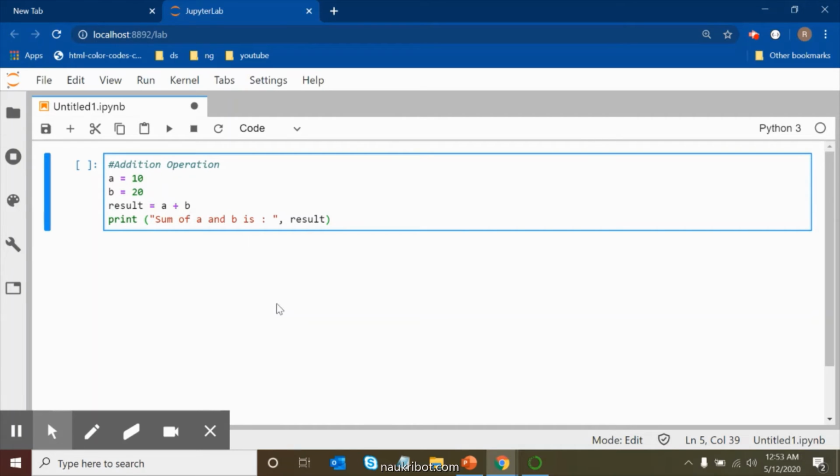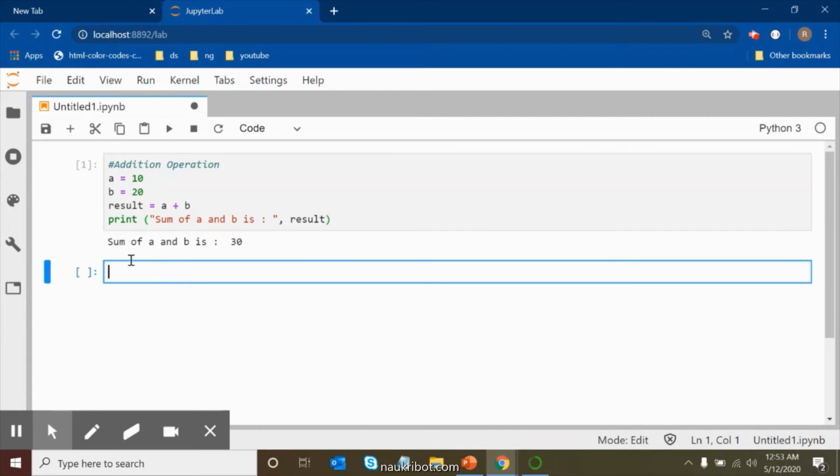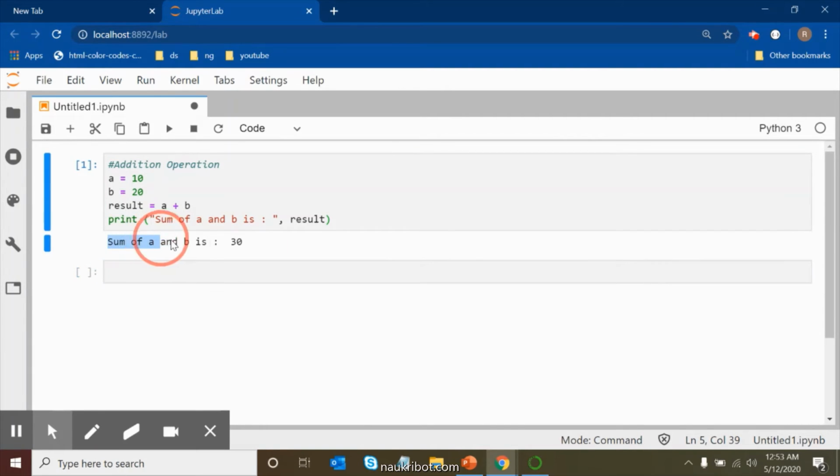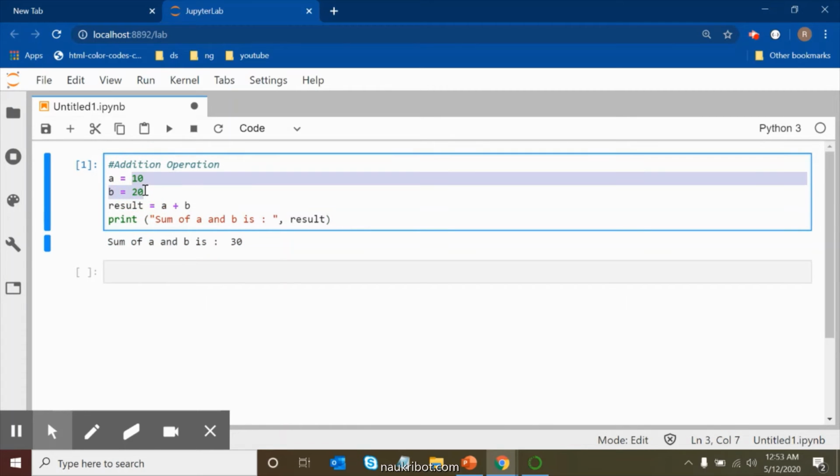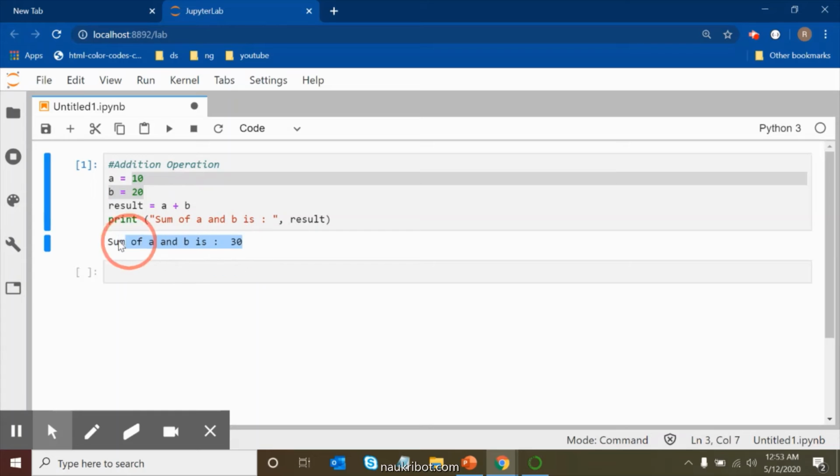Now I have written my code. Now I want to run it. How will I do this? I will press Shift plus Enter. Now you can see it is printing sum of A and B is 30. After performing the addition operation, it gives us the result 30.